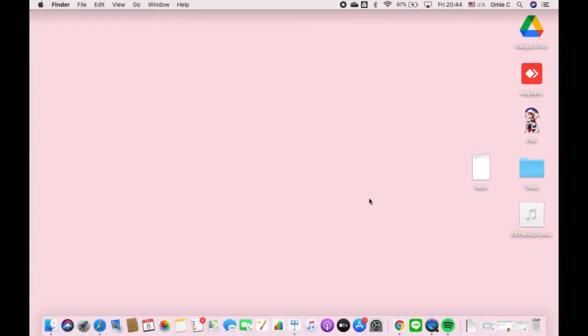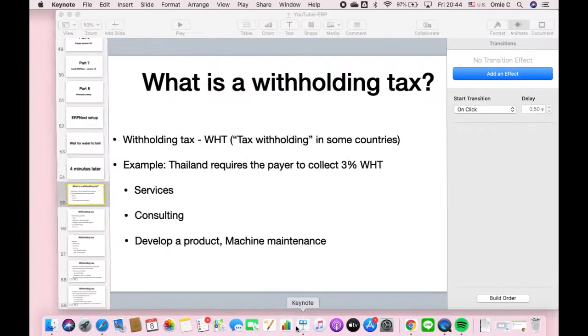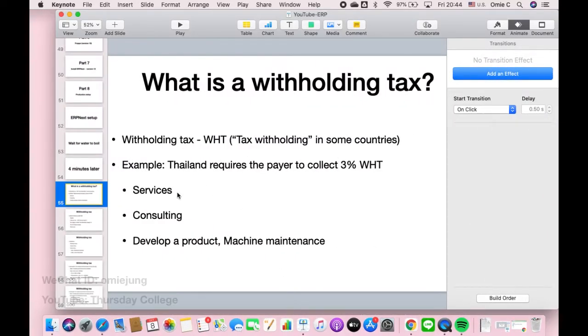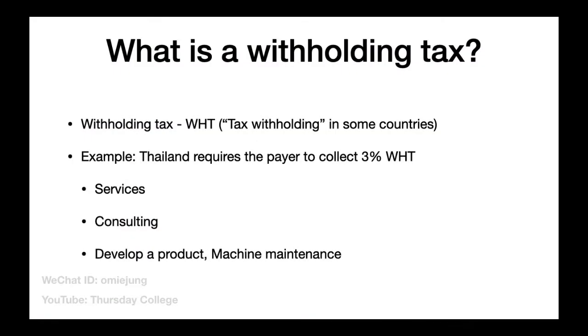Okay, let's go to the topic of withholding tax. Before we go into ERPNext, let's talk about the theory of withholding tax. When we say withholding tax, the abbreviation is WHT. Sometimes we call it tax withholding in some countries. In Thailand, the case study is that you need to